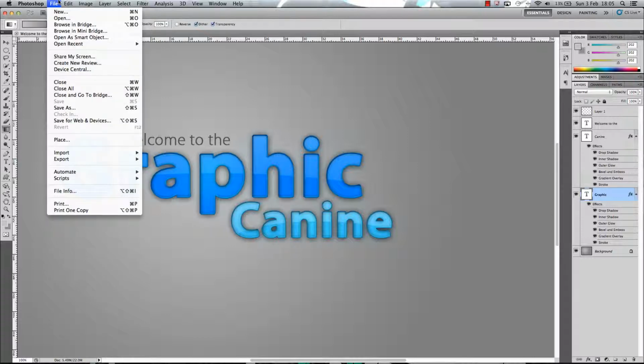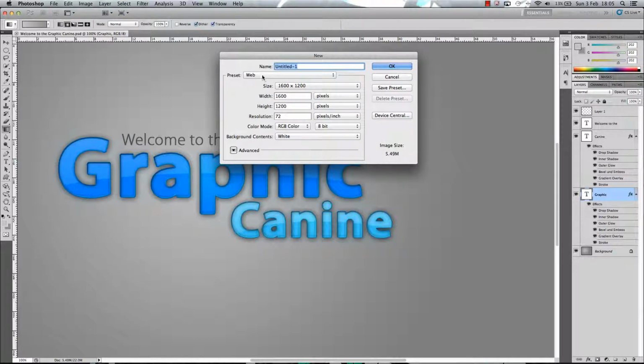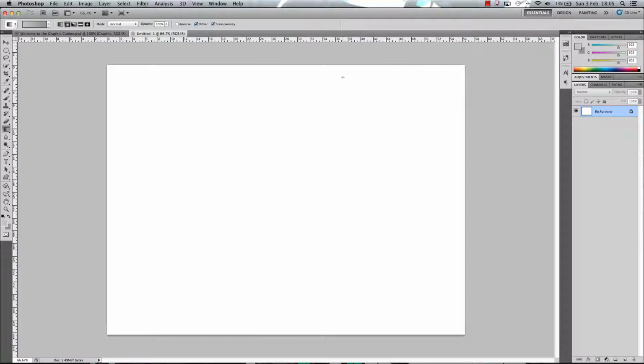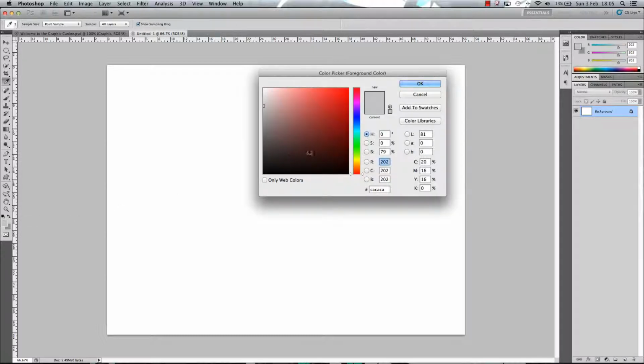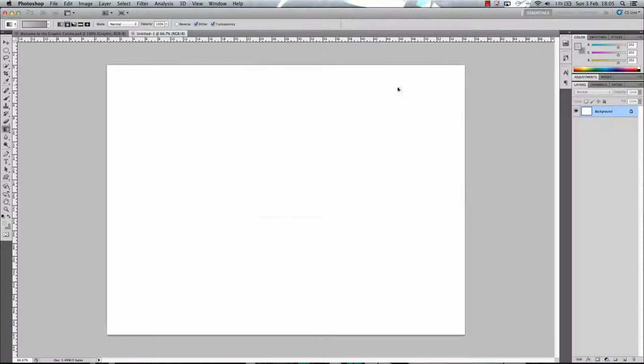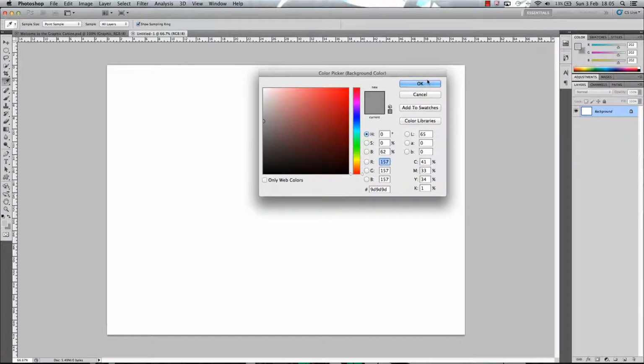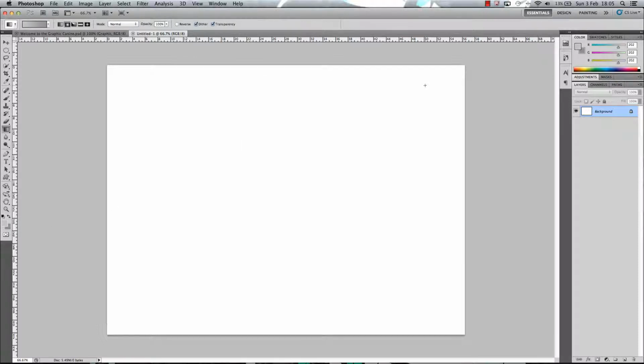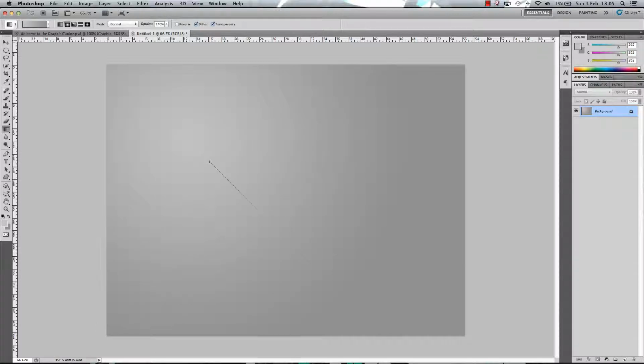So first of all, I'm going to create a new canvas. Now I'm going to use one of the web presets because the resolutions are nice and easy to work with, and click OK. Now the first thing we're going to create is the background. So I'm going to use the same colors as the example, a lighter grey and a darker grey. Now you can use any color of your choice, so you can use a lighter red or darker red if you like. I'm going to use the gradient tool, select the radial gradient and hold shift and drag diagonally, just